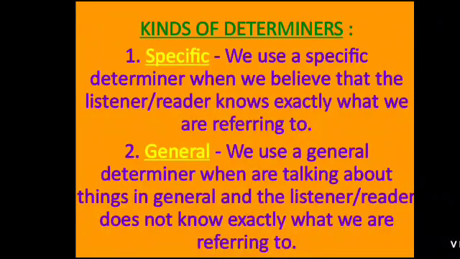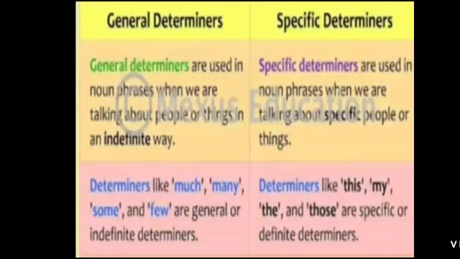All-rounder, and the listener or reader is not exactly knowing what they are referring to. That means in specific, they know specific things are known to them. They are certain about the things they are referring to, the listener or the reader. But in general, it is not known. Whatever is being referred to, it is in general. Okay. Now you see, general determiners are used in noun phrases when we are talking about people or things in